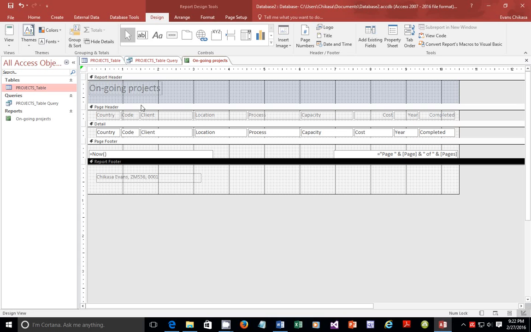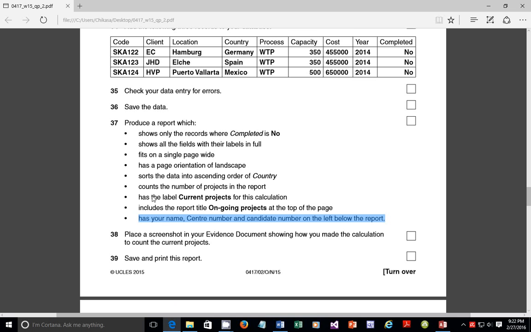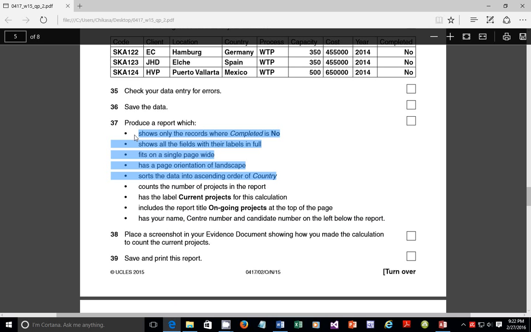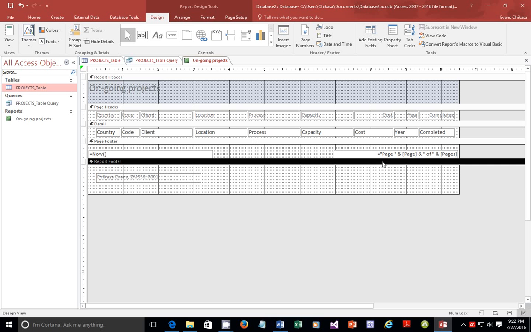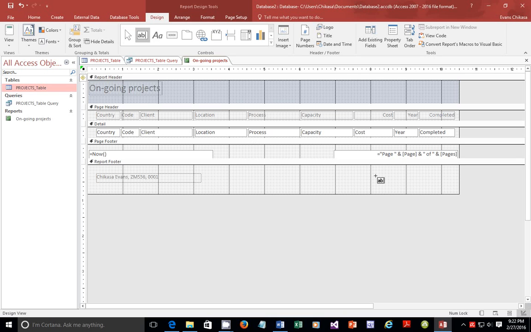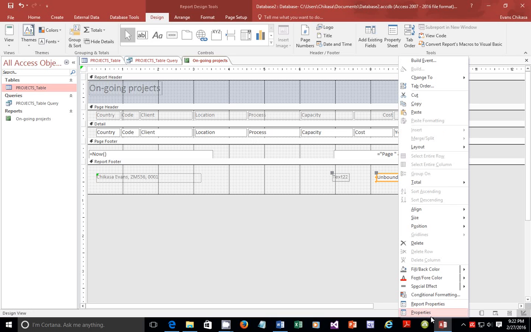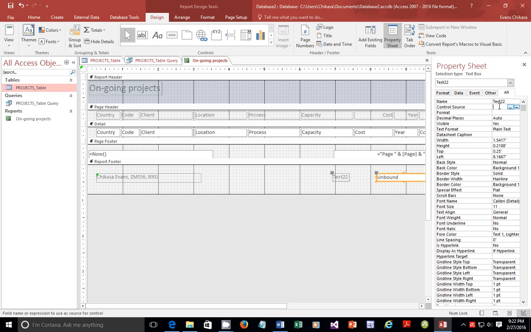Then next, I just need now to put this. The rest of this work here, guys, you notice that we've done that. We did some of it as we were doing the query. The only thing that we just remain with is these two. Okay, so just under the report footer, I'm gonna put up this unbound data. Okay, and I'm gonna go right click property, and under data source I'm gonna put